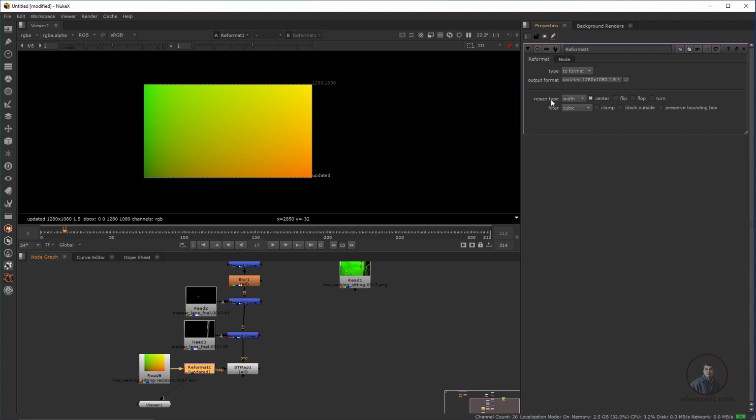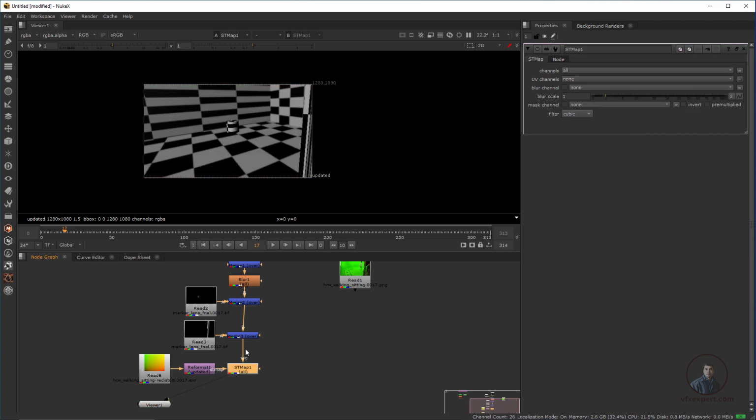After this, in resize type we have to select distort. This is the most important thing. After selecting your size, in resize type you have to select distort. This is important.